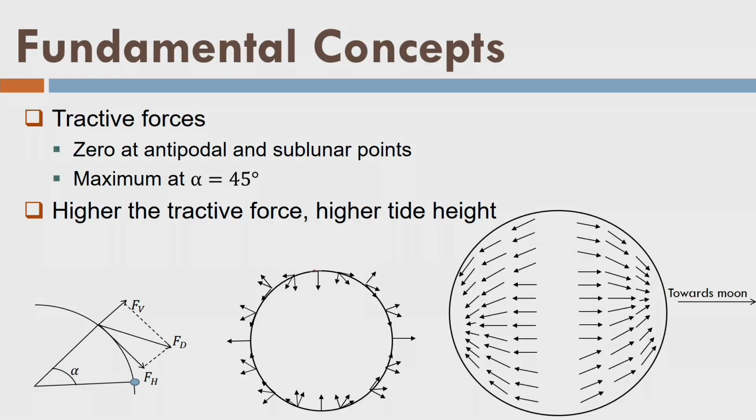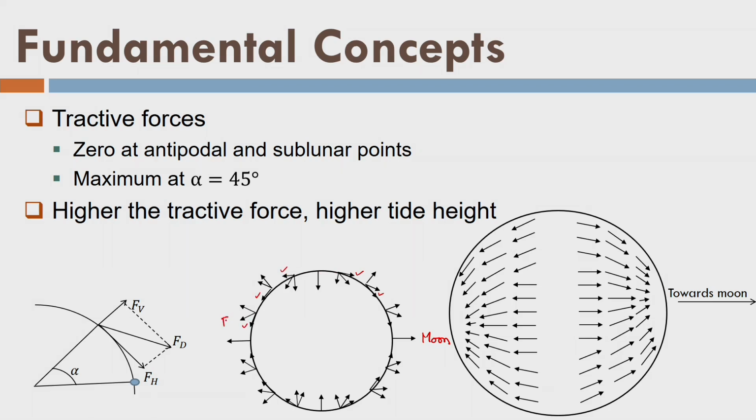Now, if you look at the forces which are horizontal, or tangential to the surface of the earth, on water, what will happen? They will bring the water like this. Why? Because you can see here on the screen that this is the force. Suppose this is the moon in this direction. This is the horizontal force here, this is the horizontal force here, and horizontal force here, right.